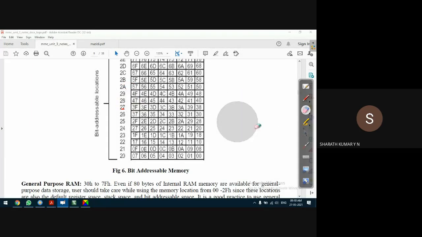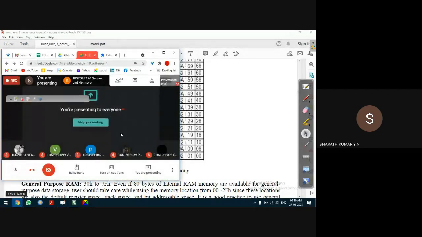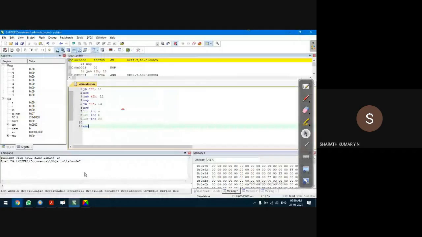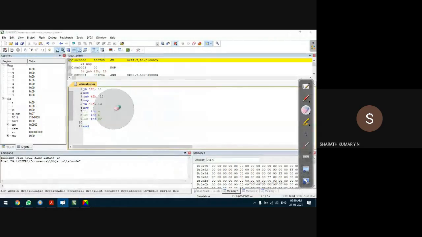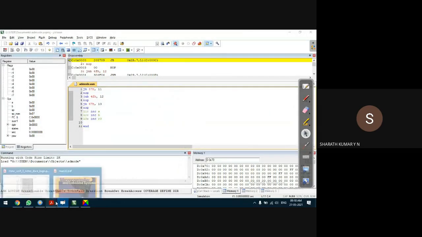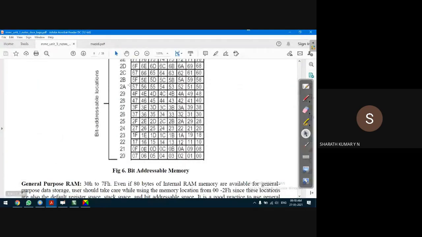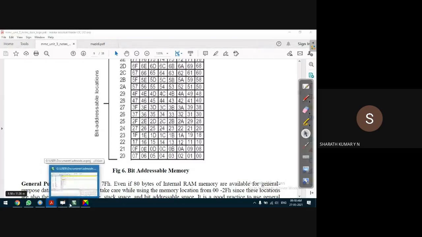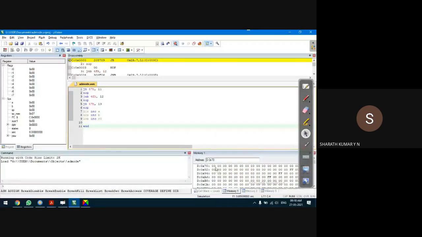Let us check the condition of these bits. What are the byte addresses? 57 is 2A, 29, 28. That's it. So I'll go to address 28, starting from 28.